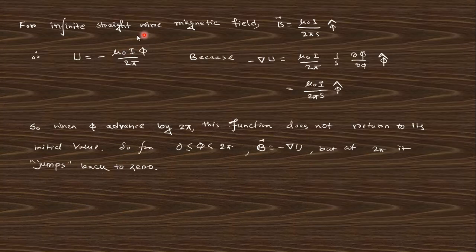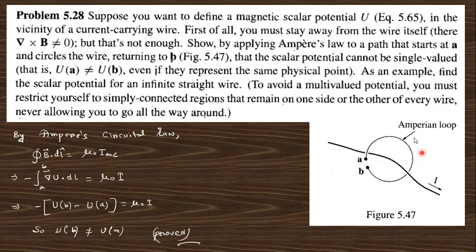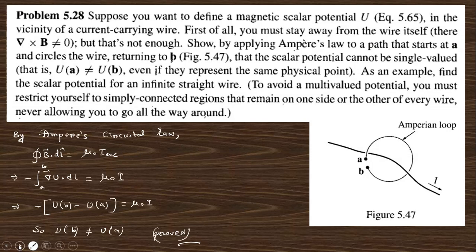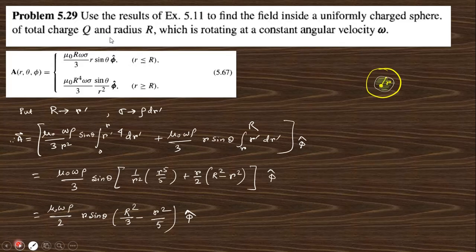In the case of an infinite wire, this was the magnetic field, and the potential will be like that. So minus the gradient of u will be satisfied like that. When phi is advanced by 2 pi, when we take the total rotation, points A and B overlap, but then this must not be satisfied; there will be an additional 2 pi present. So the potential has a jump of 2 pi at 0, right? Go to the next one.